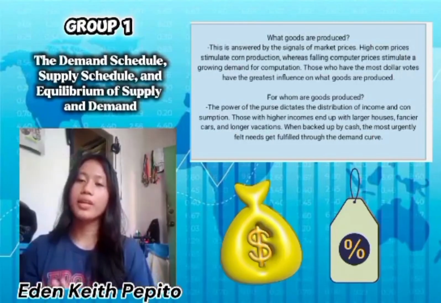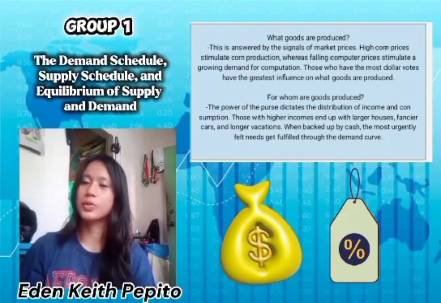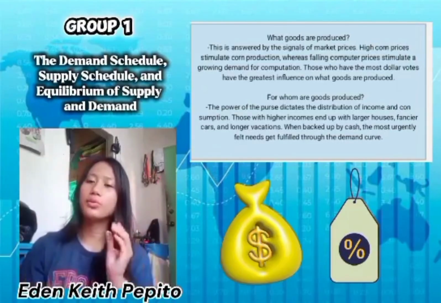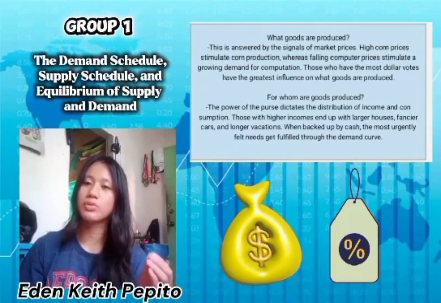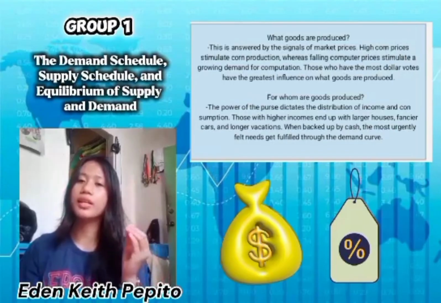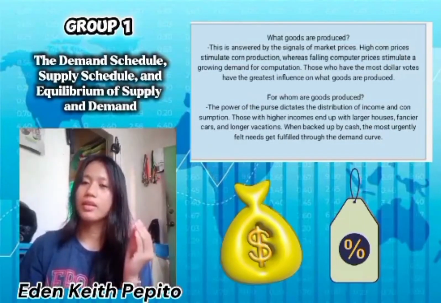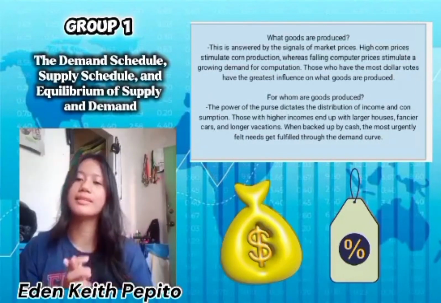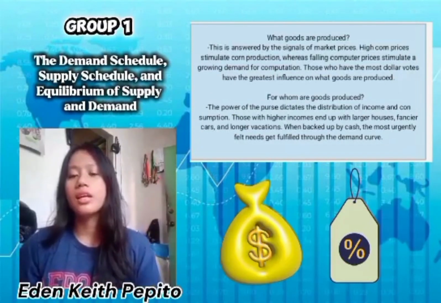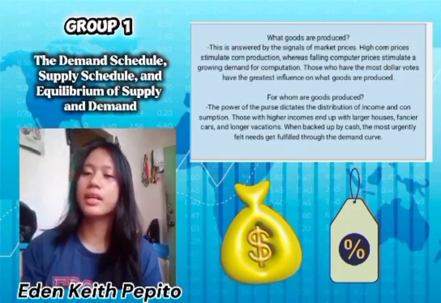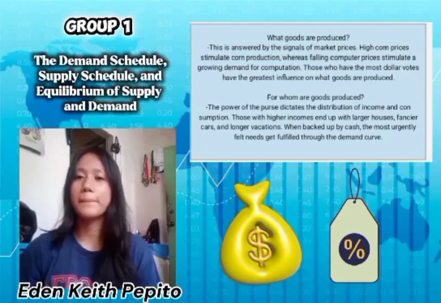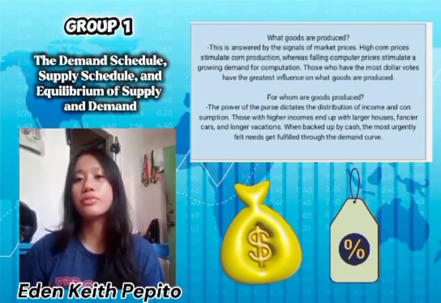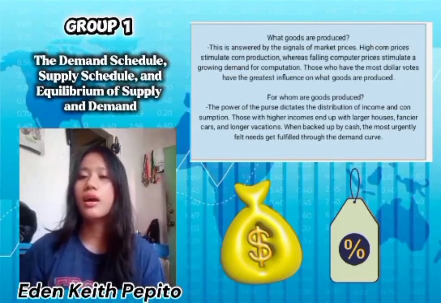Why? Prices act as signals between consumers and producers. Ngano man? Kay through prices, through sa presyo sa usa ka goods, maga-communicate dira on what consumers want and what producers should make. For instance, based sa kato example sa PPT, if the price of the corn, mga mais, kay musaka, so ang farmers